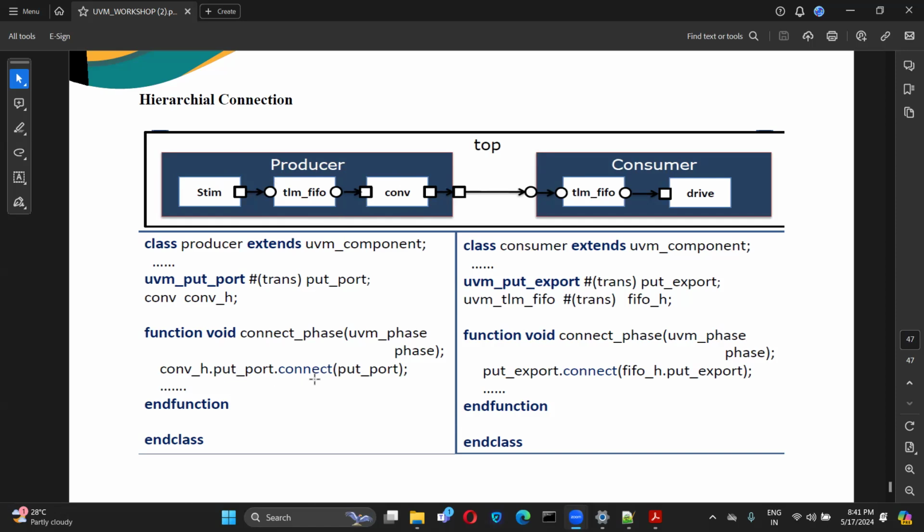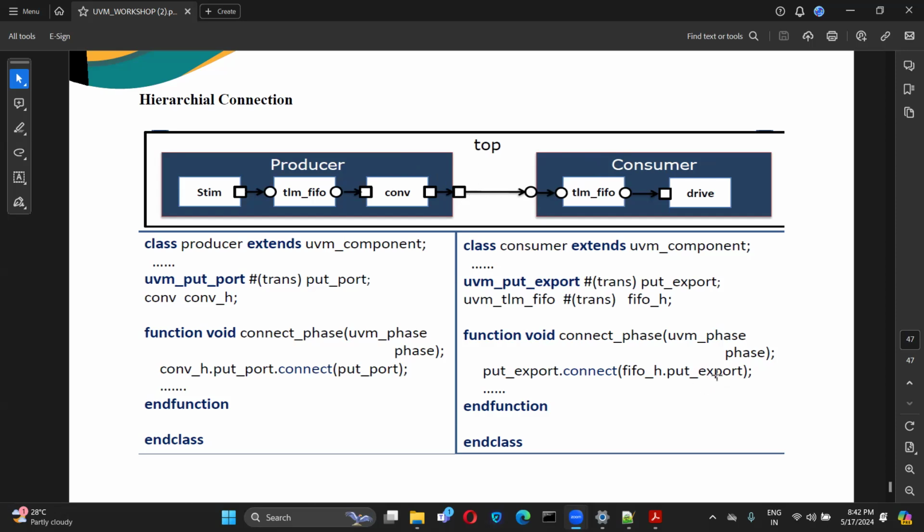So from this to this, if you want to go, it is going from one hierarchy to the other hierarchy. For example, this is all in one hierarchy. So this is what we have used here, right? Dot put port connect of put port only. Here also we have port. Here also we have port. So based on your architecture, you have to do your coding. Whatever they have in the pictorial representation, right? So this is port. This is also port. So now this port has to be connected to this export or the implementation port, right? So these both are under the same hierarchy only. So in that case, you can use the export.